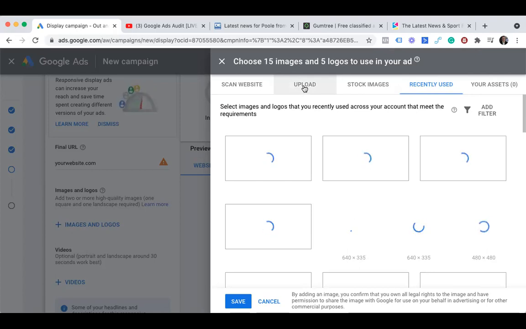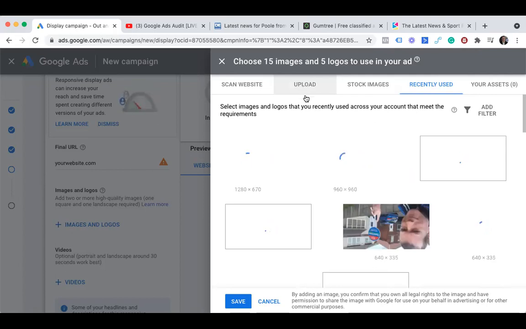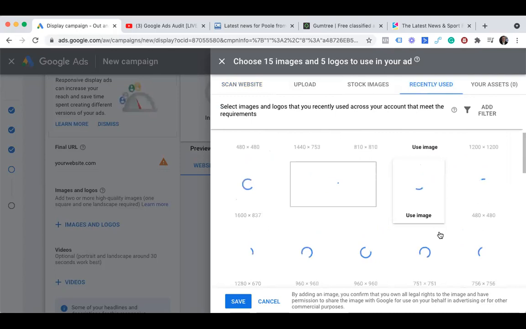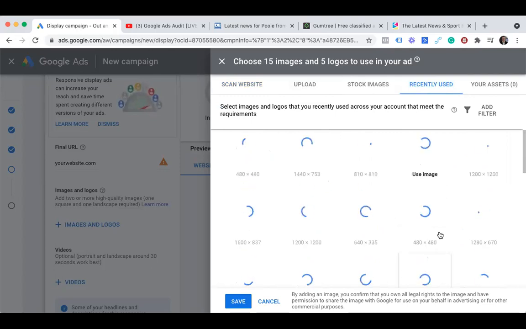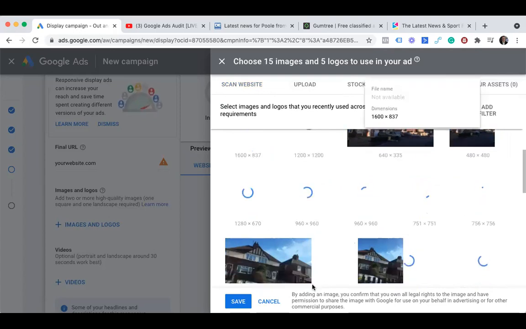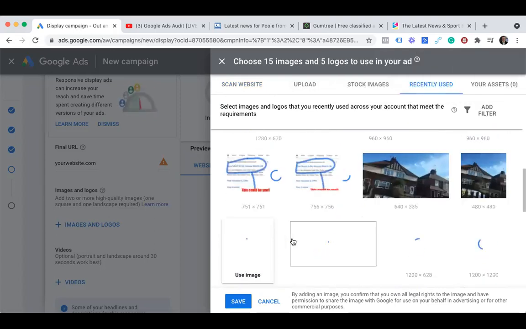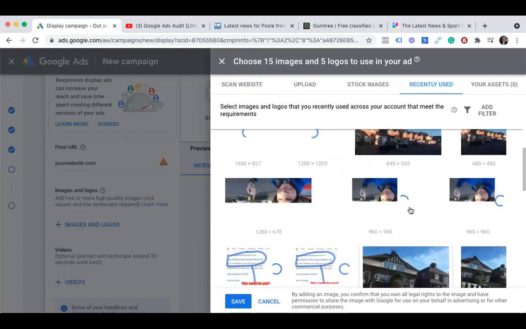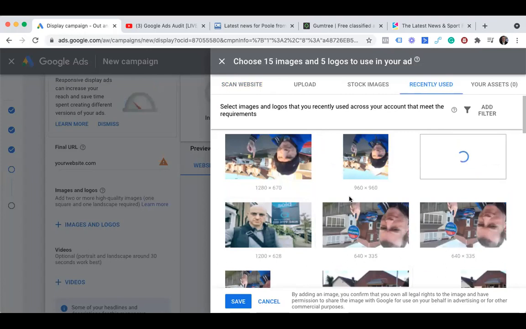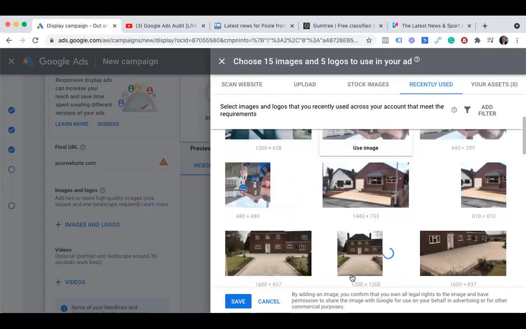If you've got history, if you haven't, what you do is go to upload. Now, the sizes of the imagery in the dynamic. For some strange reason, some of my images have been flipped upside down, which is really annoying. But I haven't had the chance to actually go in and change them, and I'm not going to bother now for demonstration purposes. This is just to highlight how easy it is. Once you've got all the imagery, I'm just going to take these just for speed. I usually go out and take a picture of myself, a selfie. Don't know why they're flipped, really annoying. We can change those later. I did say that 3 or 4 months ago. But if we just choose that image there,